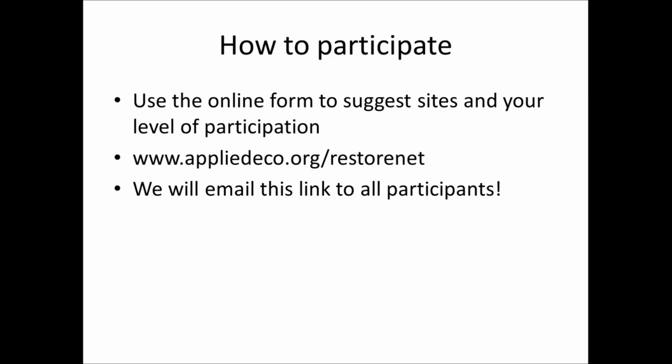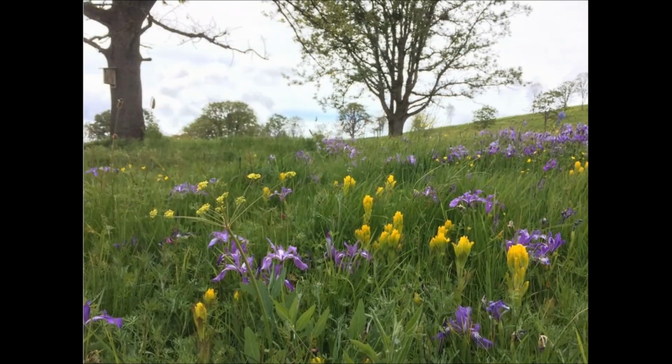How to participate. We have developed an online form for you to suggest your site and your level of participation. That form you can link to on our website at appliedeco.org/RestoreNet. And after this webinar, we will share that link with everybody who's participated and gave us their information. This webinar will also be posted. It's being recorded, so that will be available on the website as well. We're hoping that by implementing RestoreNet, we can improve the success rates of prairie and grassland restoration in this region